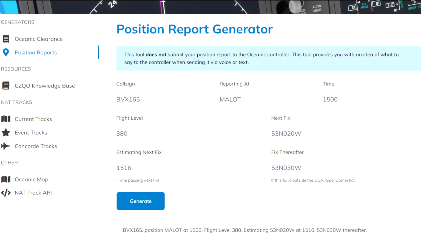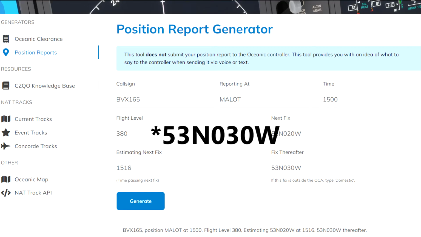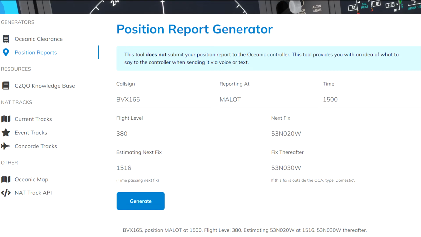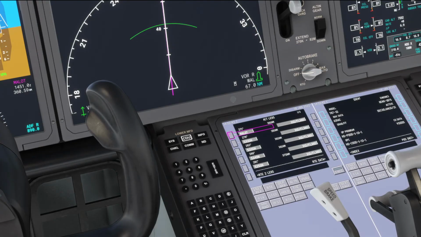Shamwick Radio, Osprey 165, position report. Osprey 165, Shamwick Radio, pass your message. Shamwick Radio, Osprey 165, reports passing MALOT at time 1452 Zulu, flight level 380, estimating 53 north 020 west at 1516, 56 degrees north 030 degrees west next, or thereafter. And they will then read that back to us, and if it's correct we say Shamwick Radio, Osprey 165 correct,